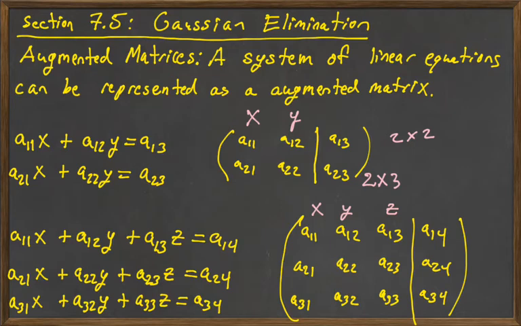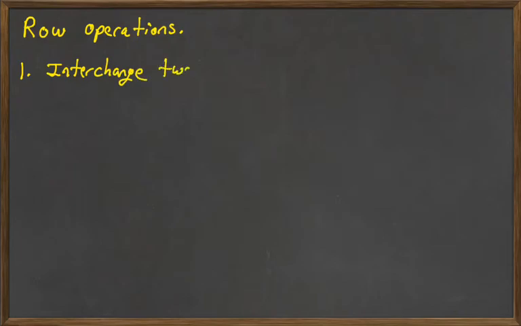So we're going to go through the process for solving systems of equations using Gaussian elimination. Okay, so we're going to have something called row operations. There are three row operations we're going to perform. The first row operation is we can interchange two rows. With row operations, we won't do anything with columns. The second thing we can do is multiply any row by a non-zero constant,